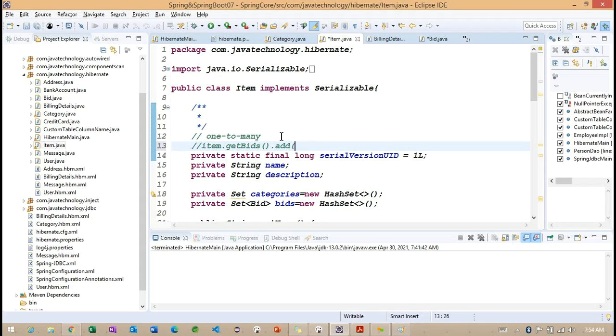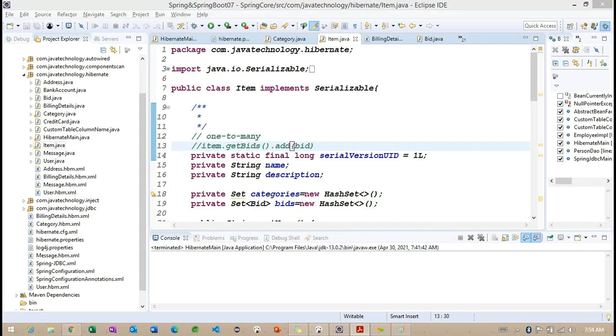Here we are going to work with bit. Getting the point? So these are the ways we are going to work with the relation between these two objects here.